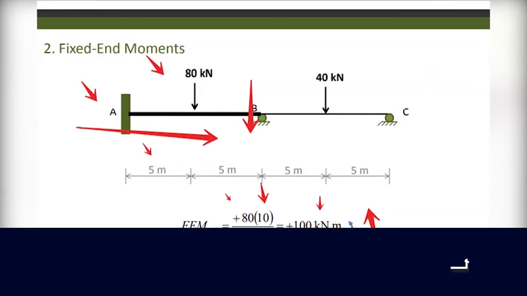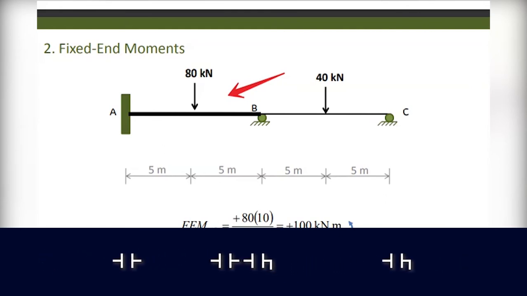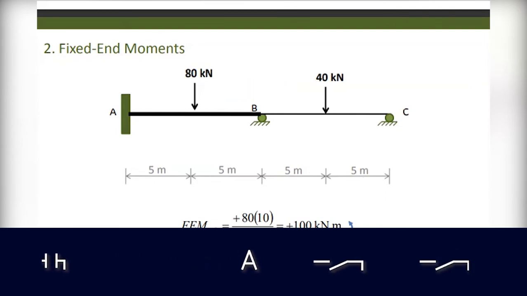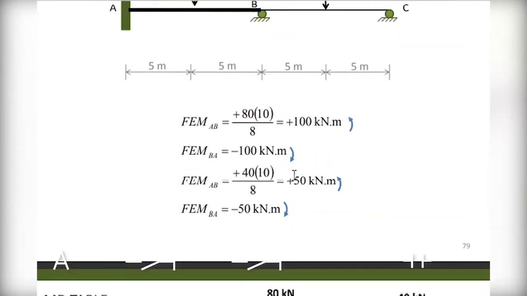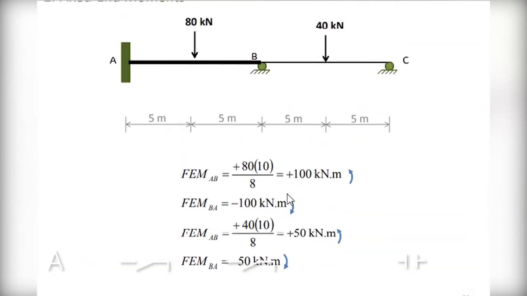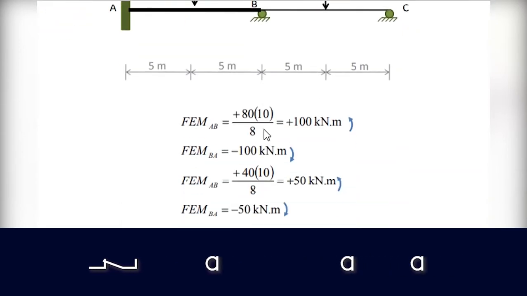So find the value from B to A. B to A means it is the opposite. It is a clockwise moment, so this one goes to this value, and the value should be negative. Now proceed to find the members AB and BC. Here there are two values. If you remember, there are two values there. The first value is, if you see this member, the first value